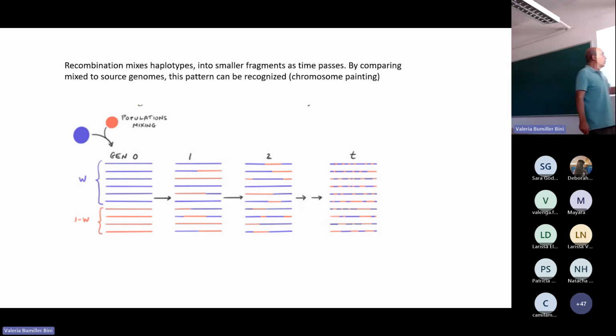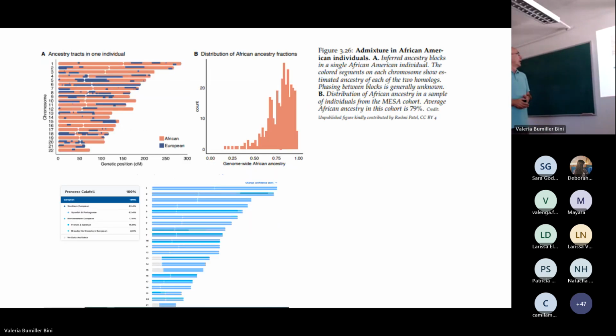And we can do that only if the source populations still exist. If in some place there's a blue population, called the Smurfs, and in another place there's the red population, then we can compare these genomes with the original genomes, if they still exist, and paint them blue or red, blue or red. And this is done quite frequently. For instance, here is the genome of one African American individual, and by comparing this genome to Africans and Europeans, we can see that